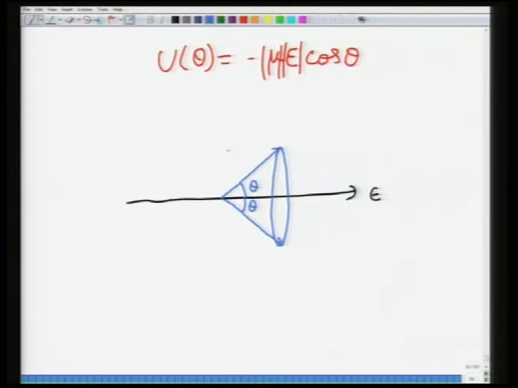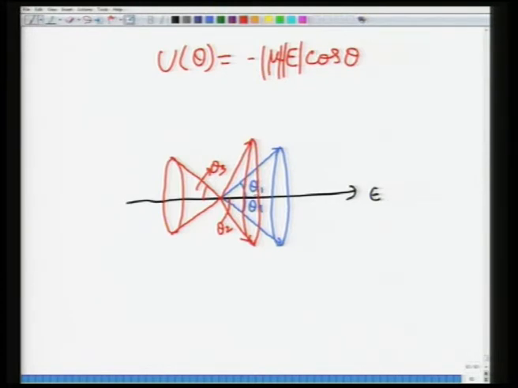Similarly, you will have some other dipole moments. So this is, let us say, theta 1. You will have some other dipoles which are making an angle theta 2. So they will make another cone. So this will be theta 2. You might have something in this direction as well, theta 3. So what basically I am coming to is, now in order to calculate the net dipole moment